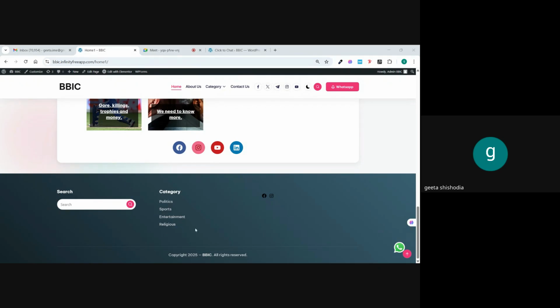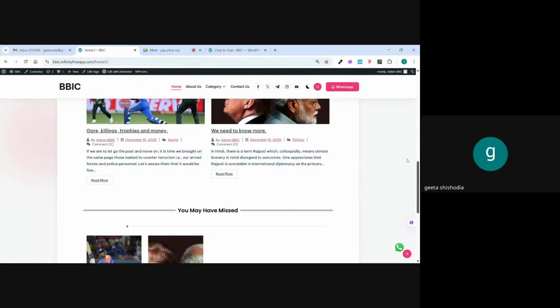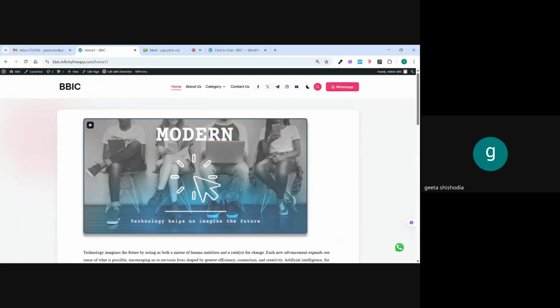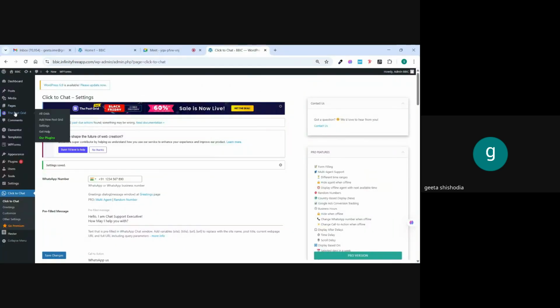Okay, now one more thing we want to install is the counter. Counter means how many people have visited our page, right? So let's install that also. Again, for installing anything new, you have to install a new plugin. Okay, so just go to plugins, add new plugin,